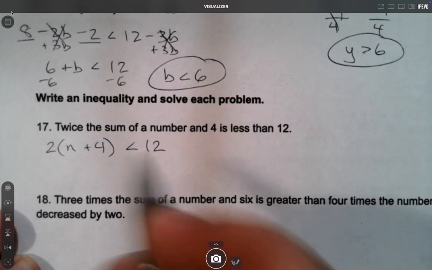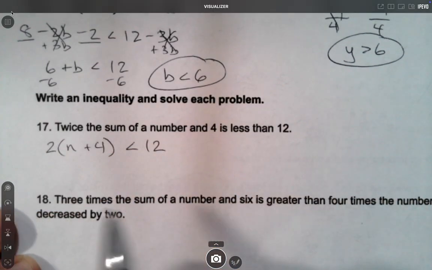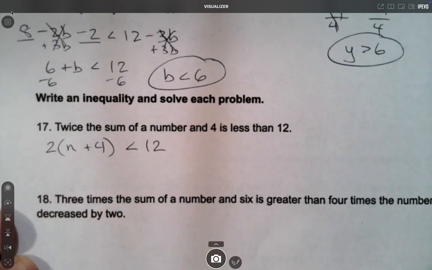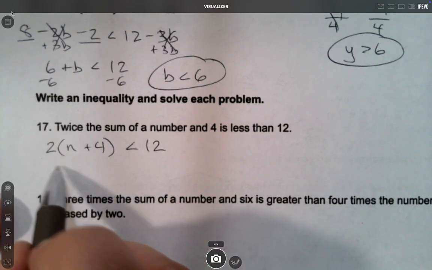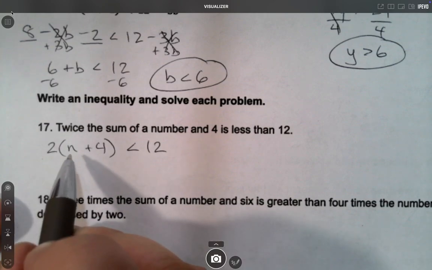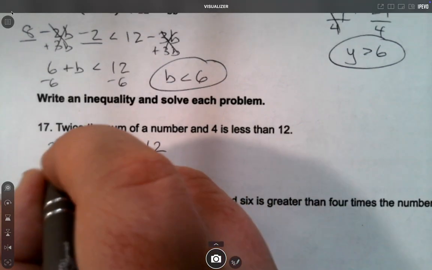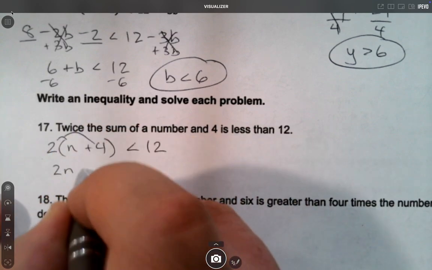So we can distribute. Actually, I'll go ahead and tell you, this one you don't have to distribute. You could just divide both sides by 2 and avoid that. But since we've been doing the distributive property this whole page, I'm going to go ahead and do it. But you could just divide by 2 here, divide by 2 here, and get n plus 4 is less than 6. And that'd be fine to solve it from there. But just for distributive practice,